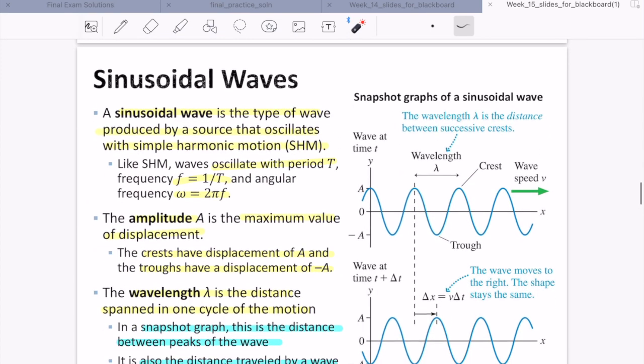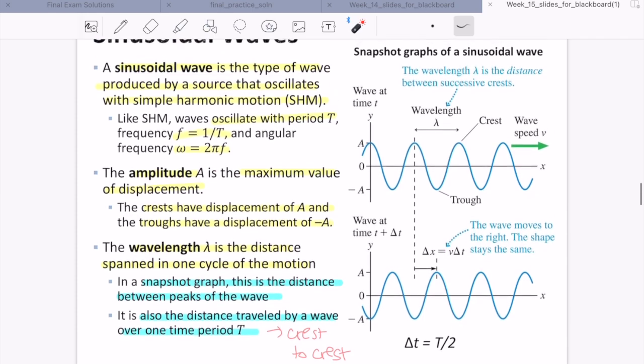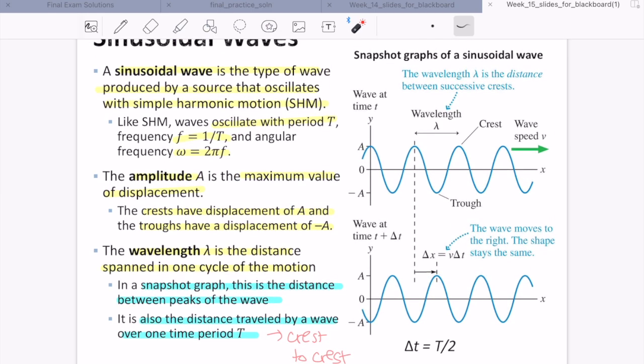So this I think is just a review of last week's stuff. So sinusoidal waves you have for simple harmonic motion. The waves oscillate with a period T, frequency 1 over T, and then angular frequency equal to 2 pi times frequency, or 2 pi over T, which is your period, right? Now,